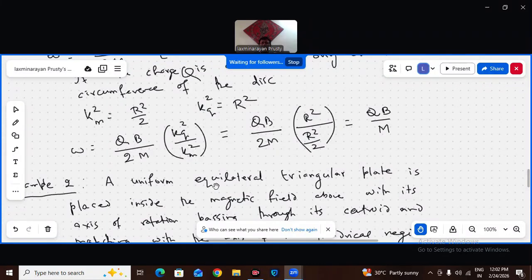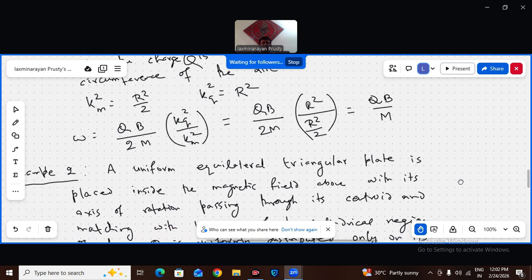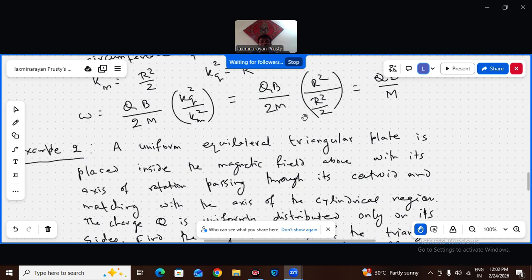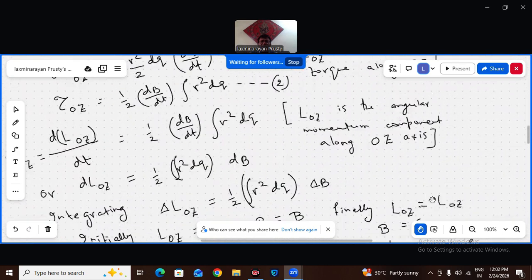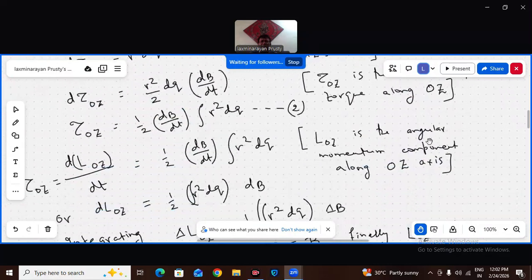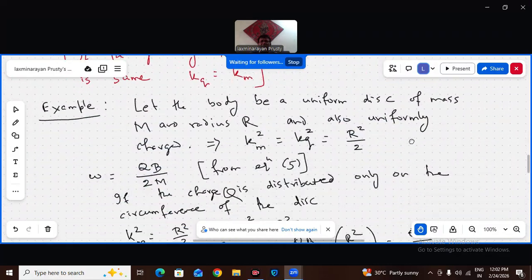और एक एग्जांपल लेते हैं. Instead of a disk, a uniform equilateral triangular plate is placed inside the magnetic field. The magnetic field above, whatever magnetic field I have shown in the above diagram, same magnetic field, and the equilateral triangular plate